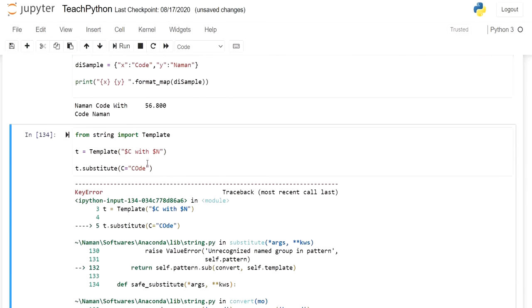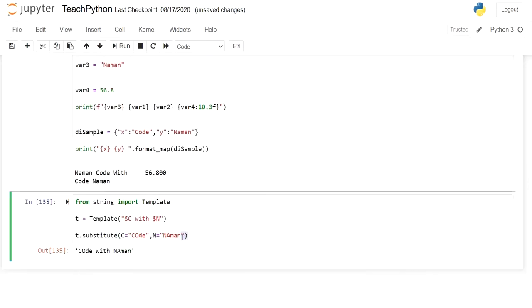I think I made a mistake. I have to substitute C is equal to this, and I need to substitute n equal to this. This template string is the least used thing, I haven't used it ever. I just thought that I should tell you.